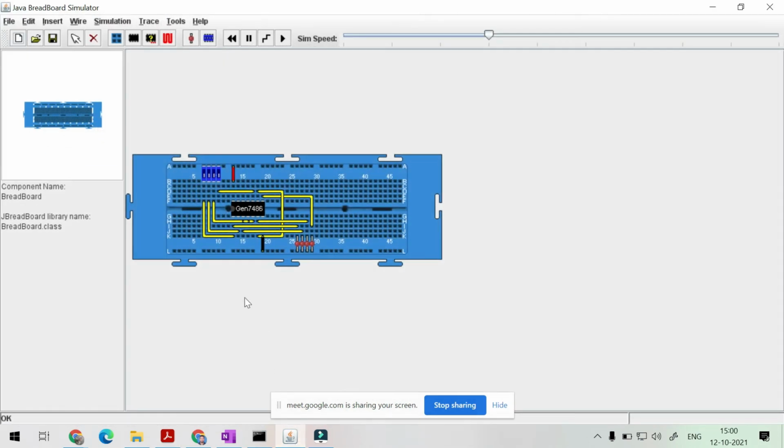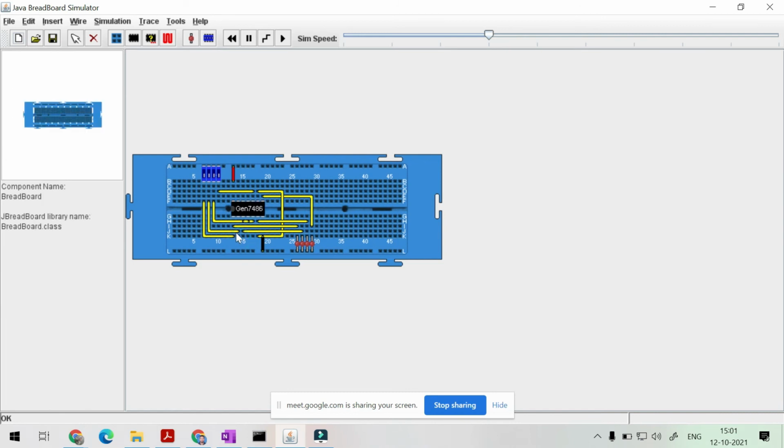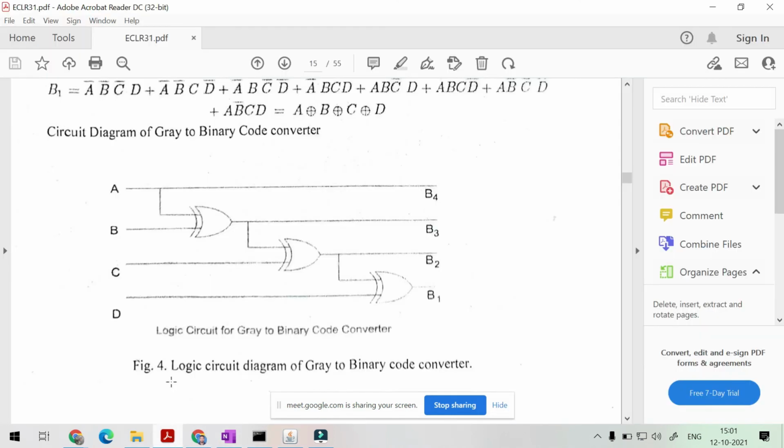For this, what I have done is, this is the B switch. Here we have provided this to the second. I have provided it to 1B, and the output I have taken from this, you can say pin number 3, that is 1Y. Similarly, you can provide all of this according to C or D. That input you can provide according to this circuit diagram.